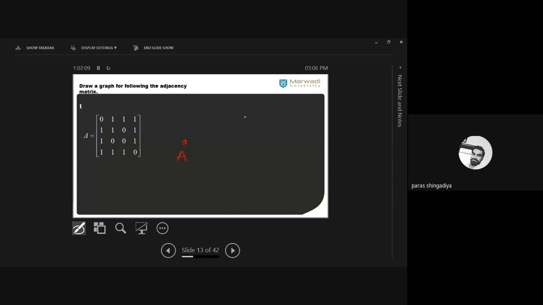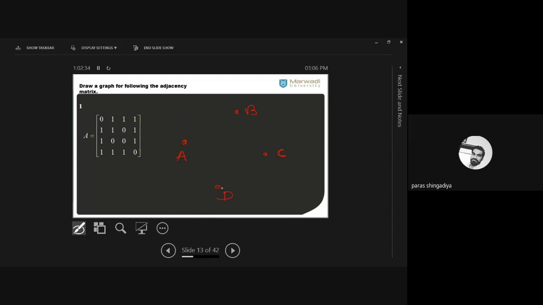That is vertex A, vertex B, vertex C, and that is D. Clear? If I change the position, I will get a different shape, but the connectivity will remain as it is. अगर A B के साथ connected है, if I change the position, then A is still connected with B. ठीक है? Connectivity should be fixed. Clear? So now you have to connect it.